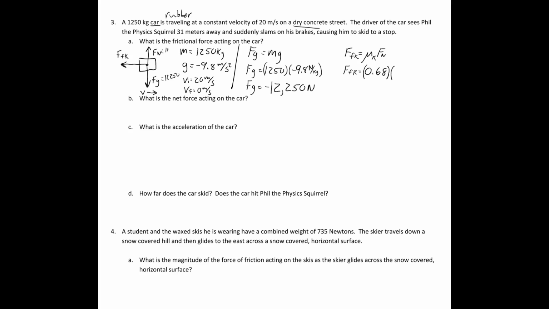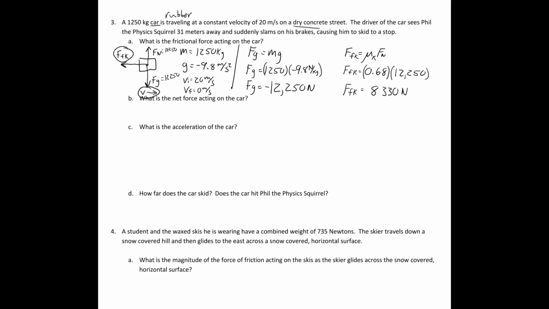12,250. So the normal force is 12,250. So we plug in 12,250 over here. You do the multiplication. The frictional force is 8,330 newtons. Now, it's important to note that this is really just the magnitude of the frictional force. Yeah, you get a positive number, but that's just because, in this case, it doesn't tell us what direction the car was going. We chose to make the car traveling to the right, meaning the frictional force would be pointing